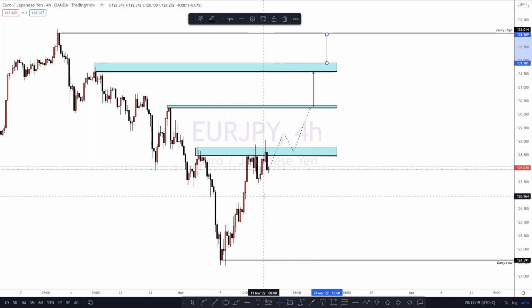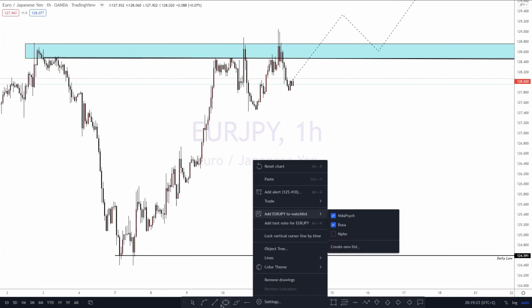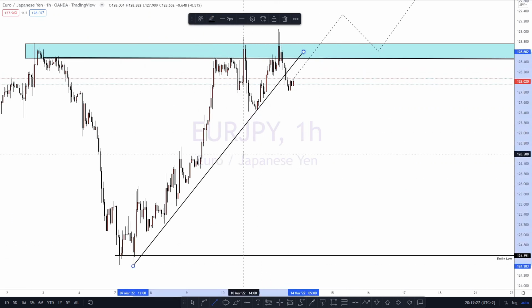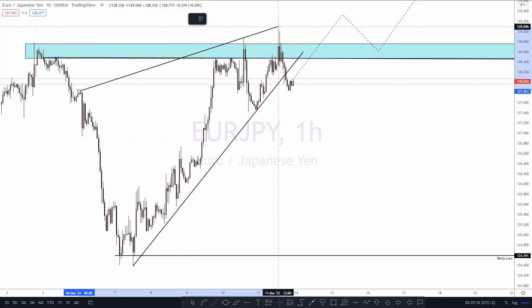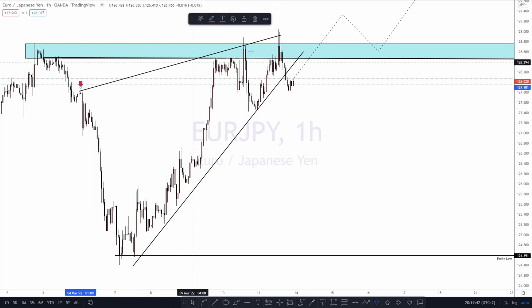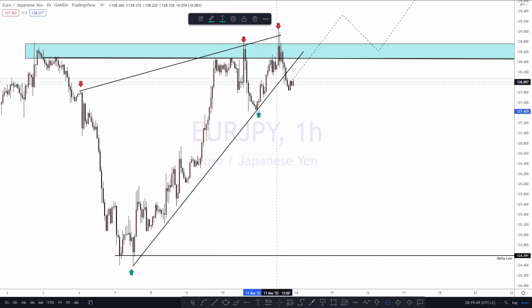But for a bearish perspective, we can go to 1 hour to see what is it that we're looking forward to. You can see that we have a bit of an ascending channel right here that has been broken, but the breakout of an ascending channel doesn't really phase me. I'm not looking at it to see if it's going to be broken or further, whatever, but for now I'm looking at this. So I'm looking at the ascending wedge that has been respected, that's the resistance of it, and then support of it has been broken.